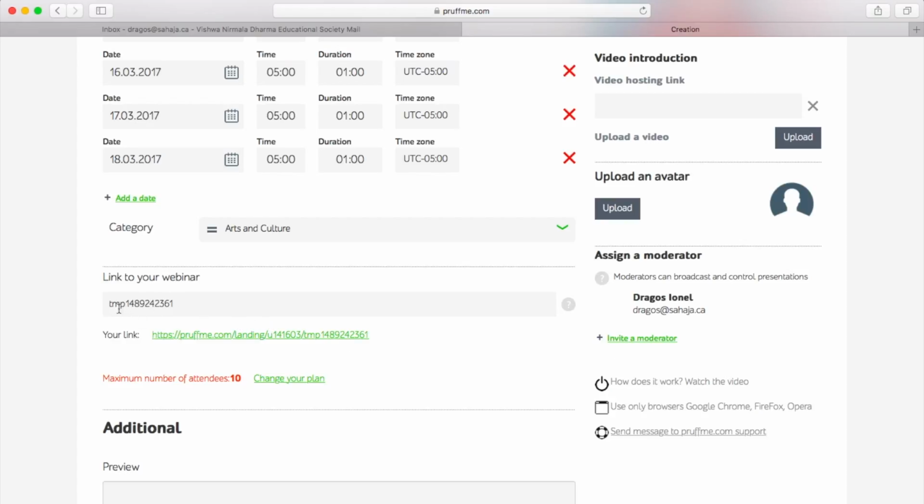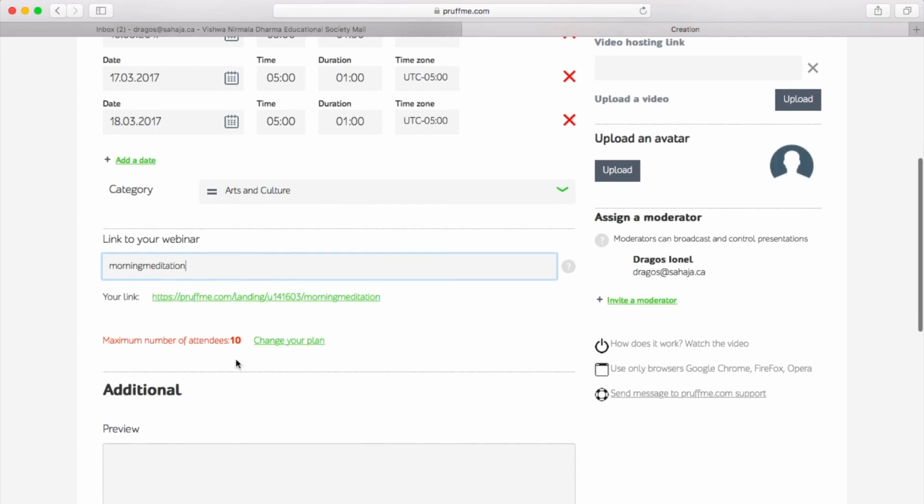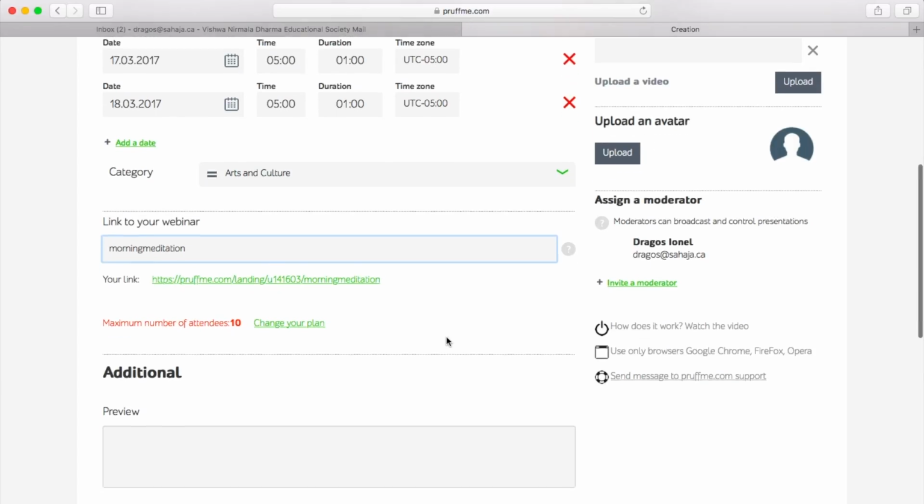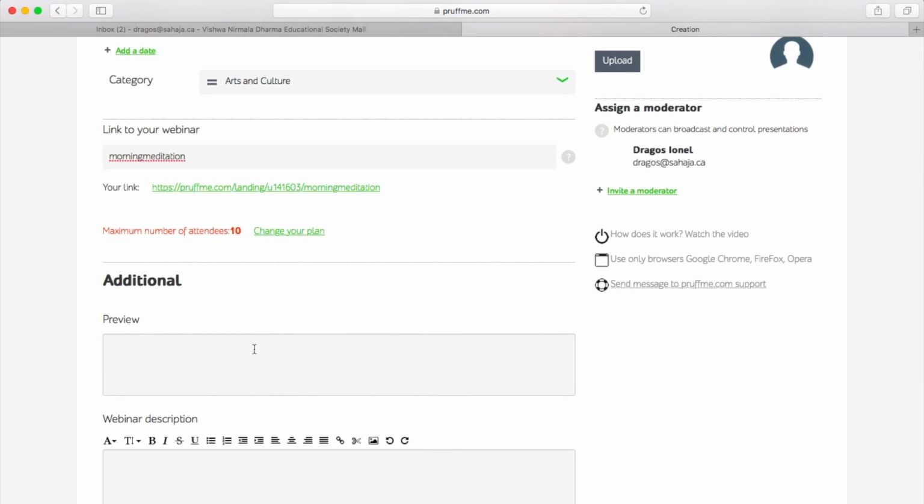Link to the webinar. So here, this part is the end of your address. See here, TMP whatever. So you can leave it like this, or you can choose something nicer, for example, morning meditation. Okay, so you'll see you'll have a nicer URL. Number of attendees 10, like you said, you can change your plan, but you need to pay. And maybe additional information,